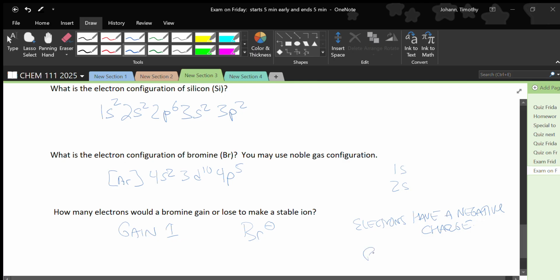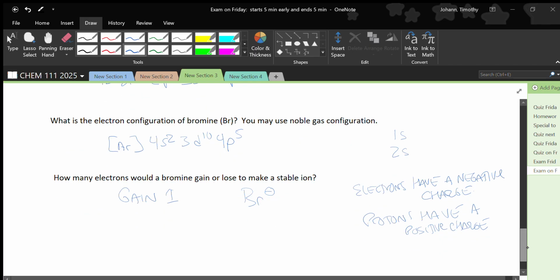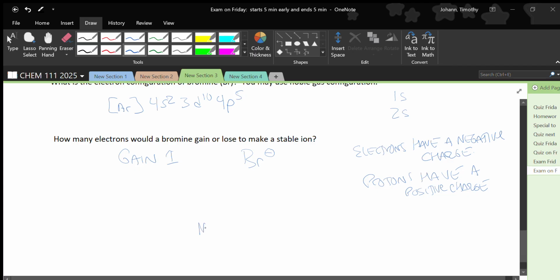Right, and protons have a positive charge. So neutral bromine has, if we think about number of protons and number of electrons,